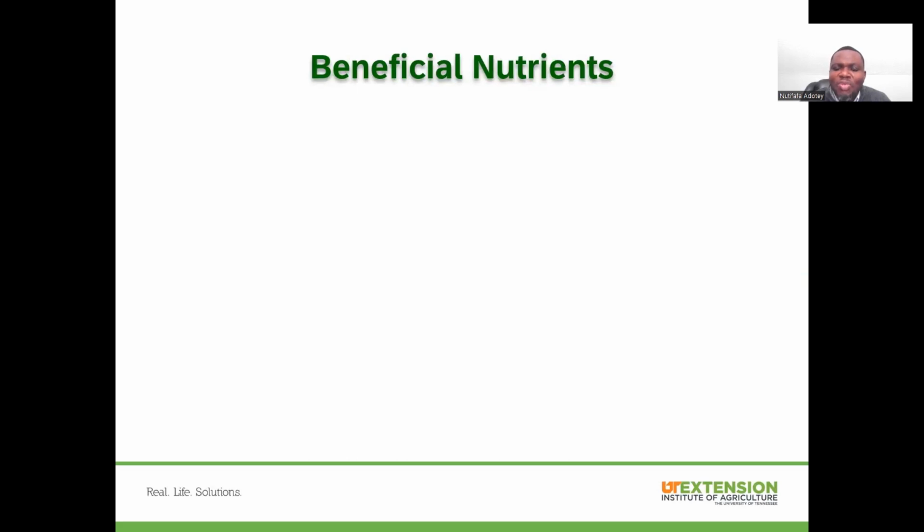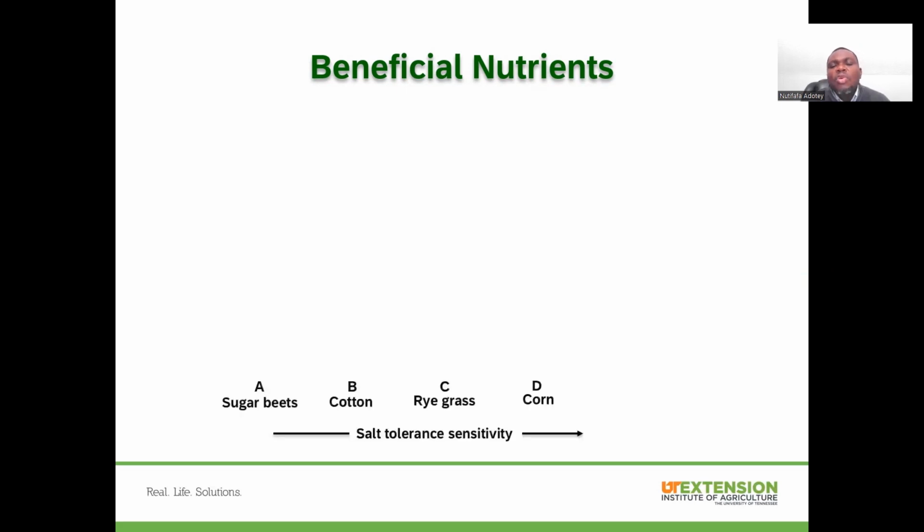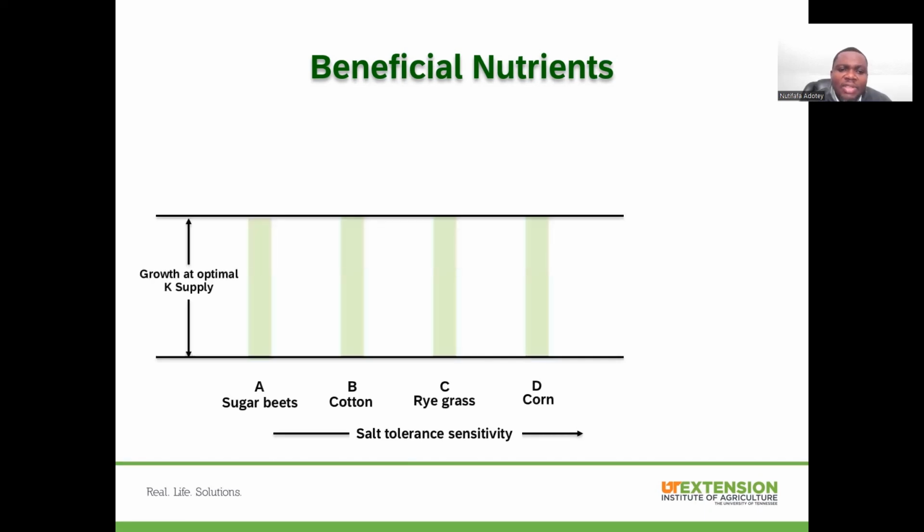So I just want to go over one of the benefits of beneficial nutrients. Plants can be classified into 4 different groups based on their tolerance or their response to sodium. We have our A group, the sugar beets, that are very tolerant to sodium, and we have our D group, or the corn, that are least tolerant to sodium. What happens is that